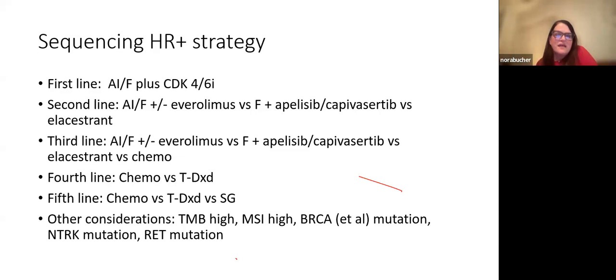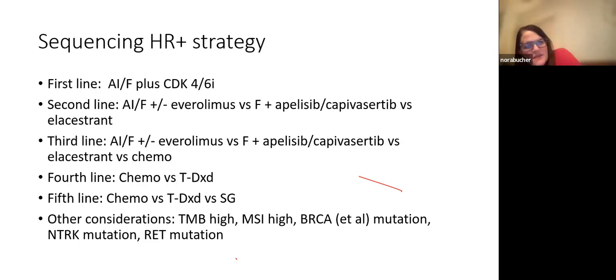And then in the second line, depending on what a patient received in the first line, you may switch out the aromatase inhibitor or the fulvestrant. You may put in everolimus, which is Afinitor, or if there's that PIK3CA mutation, you may want to use alpelisib or capivasertib. That's that pathway, versus elacestrant if there's an ESR1 mutation. And then as you go to the next line, the treatment options open up and change depending on what one has received before. And then by the fourth line,